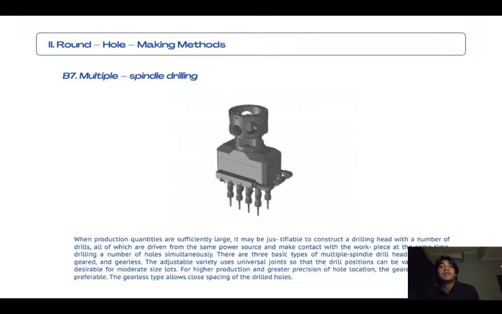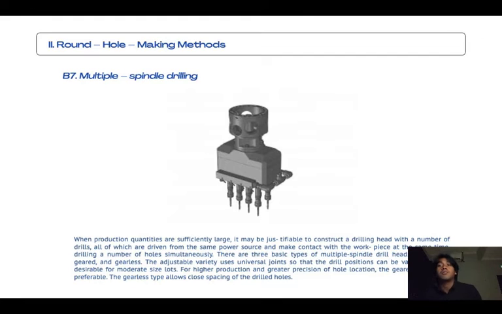Okay, the subtopic 7 from round hole making methods is multiple spindle drilling. So when production quantities are sufficiently large, it may be justifiable to construct a drilling head with a number of drills, all of which are driven from the same power source and make contact with the workpiece at the same time. So drilling a number of holes